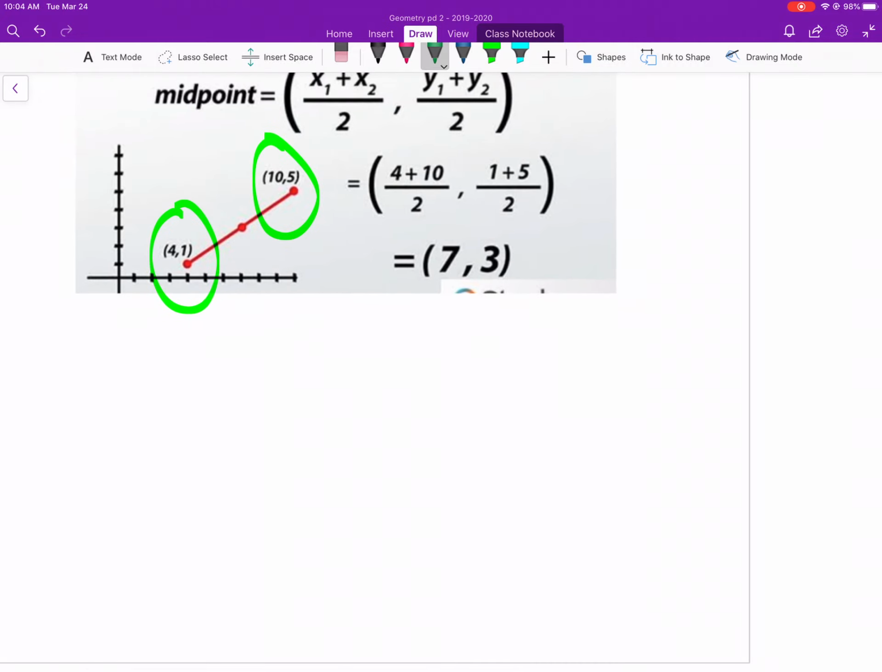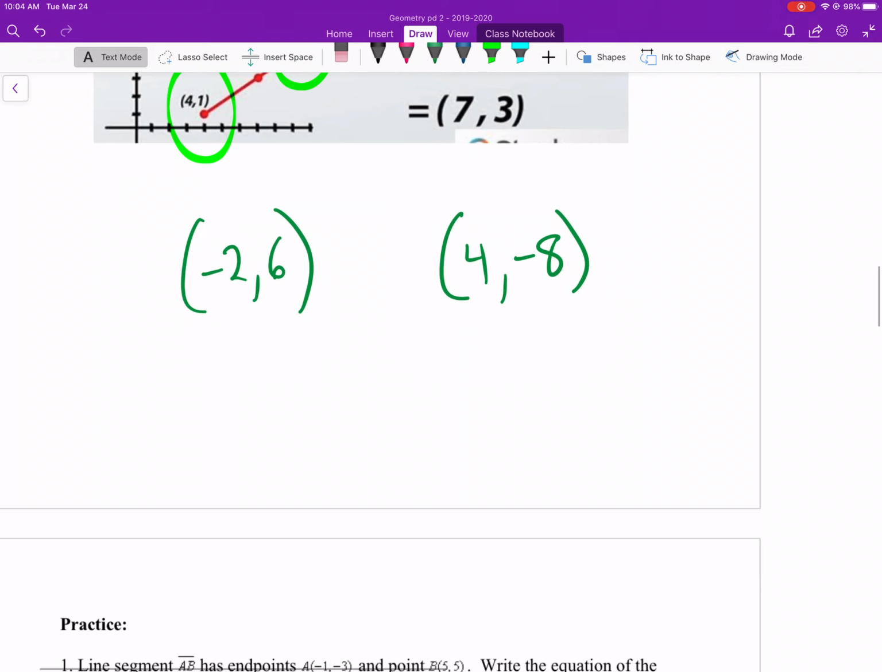Let's do one quick example. If this was negative 2, 6, and we had another point that was 4, negative 8, and we knew these were the endpoints of a given segment, we could find the midpoint very easily. So it's good to start with labeling. This would be x1 and y1. This would be x2 and y2. We're going to find the average of the x values, and the average of the y values. So your midpoint